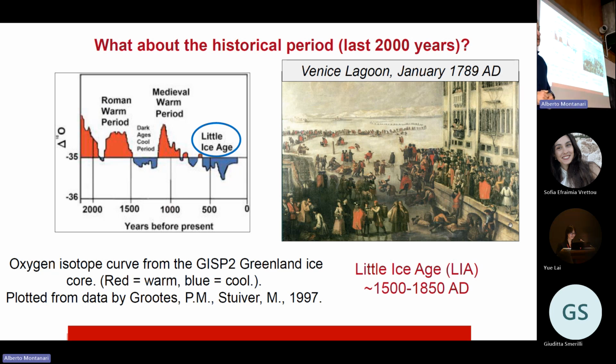Of course, it is not granted for sure that what we experienced in the past will be experienced today, like now, global warming. Can we associate it to an opportunity for some reasons? This is not sure, because the society organization today is much different with respect to the past. And this is something that we have to take into account when we compare present situation, present climate, to past climate. If on the one hand, we can assume that the physical laws are the same, so if we determine that a warm period for some physical laws means